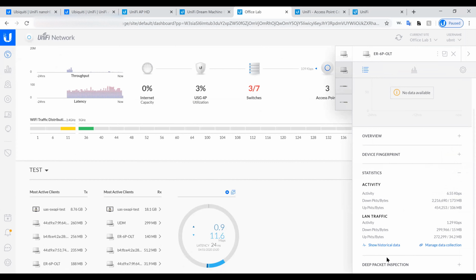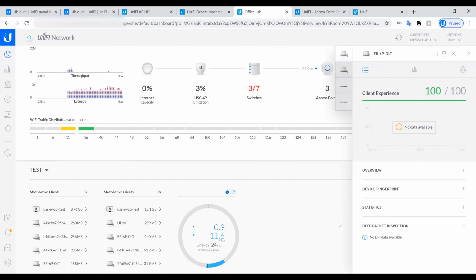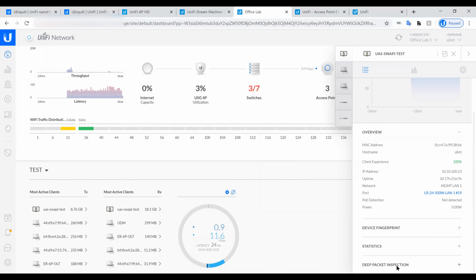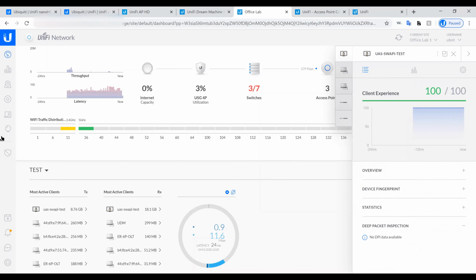Okay, can you go to deep packet inspection? So I don't see anything for this, but if there is any client that is visiting websites, the data will get populated over here. You can also view it under statistics. That is the second option on the left, the one above map.